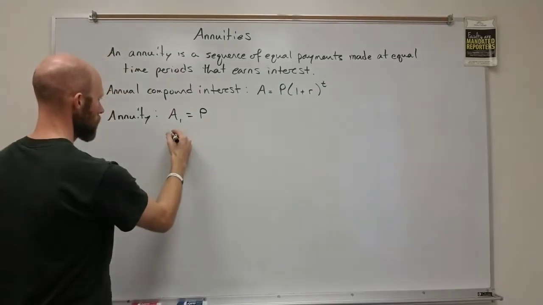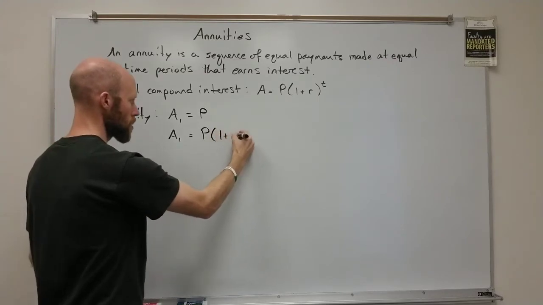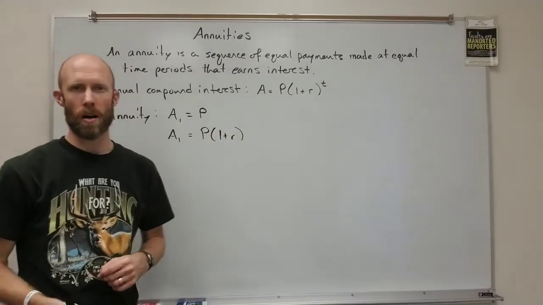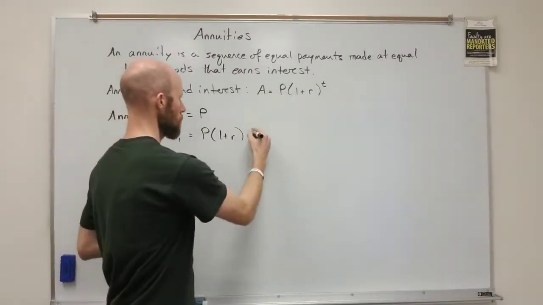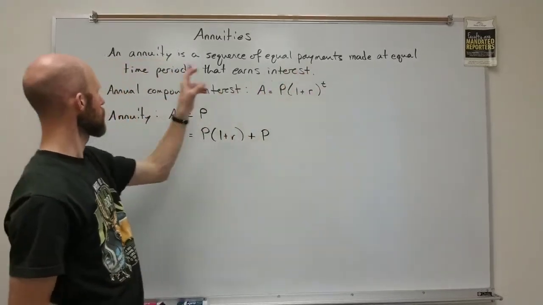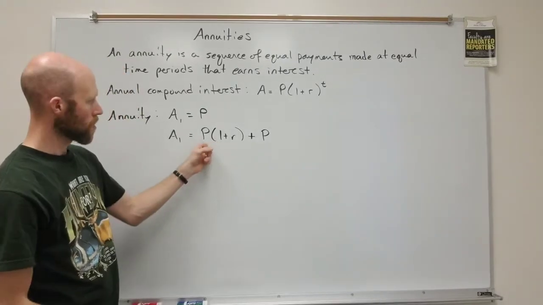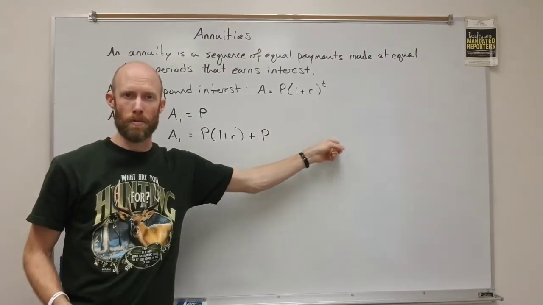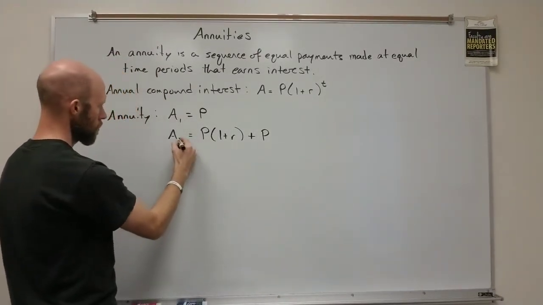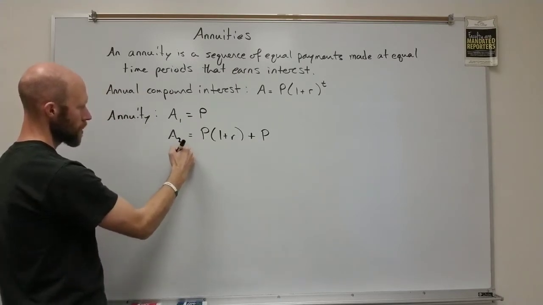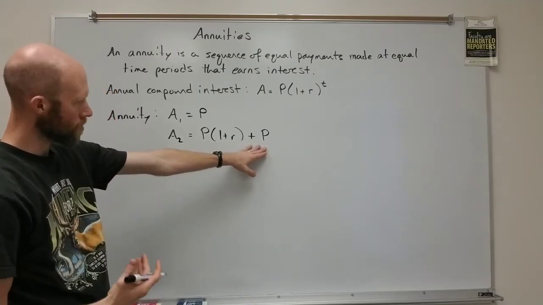Then going into the second year, you take that payment, you earn the interest from the first year, which is applying the 1 plus r interest rate, and then you add to that another payment. Now the payments are equal, right? Equal payments, equal time period. So every year, at least in this example, you input another payment of P. Then you let this ride for a year, and that should be A2. Then at the end of the third year, because this is what's coming out of the second year going into the third year,